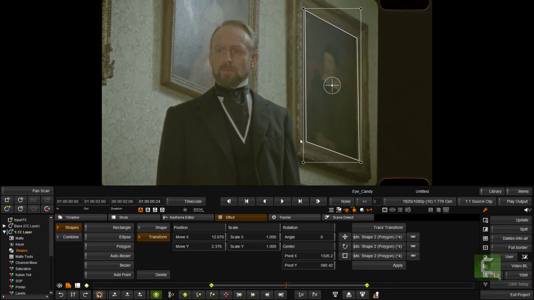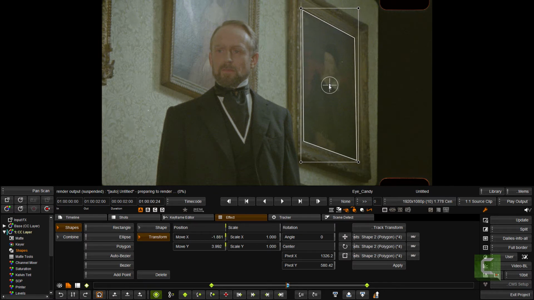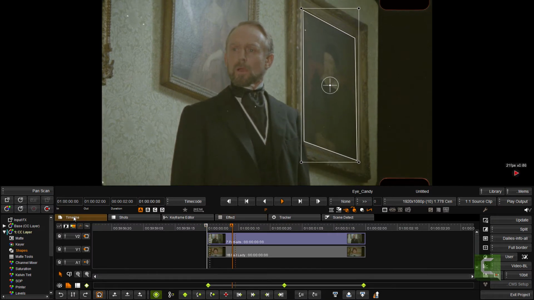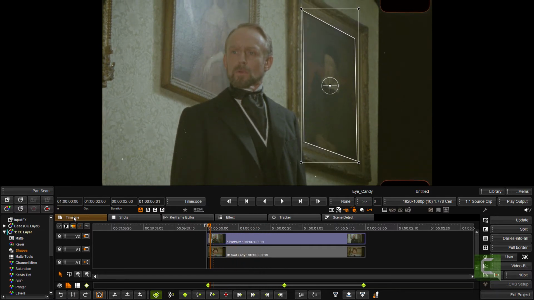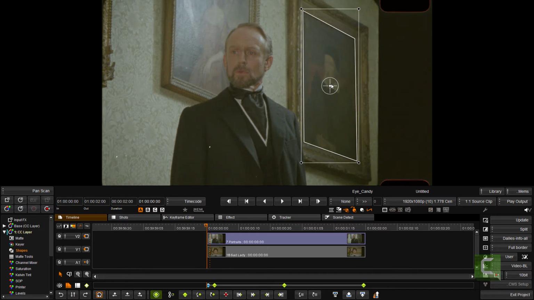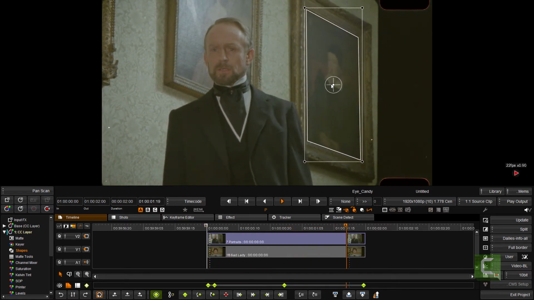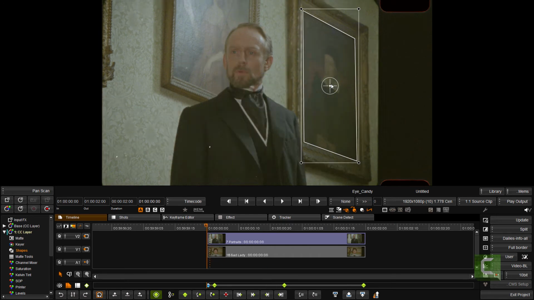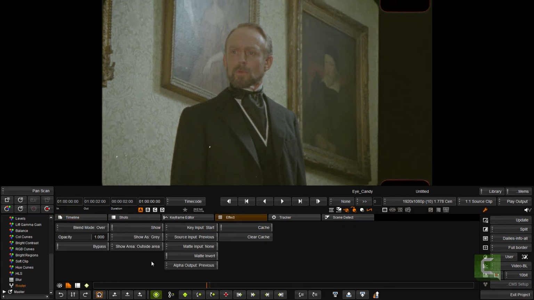I'm going to go to the center and maybe transform it a little bit again. And since we have a jump here, I'm probably going to set the transformation here as well. You get the idea. What I'm going to do now is, with the shape selected, I'm going to go to